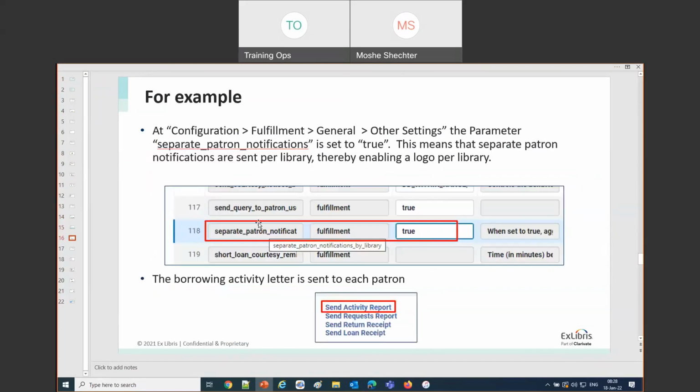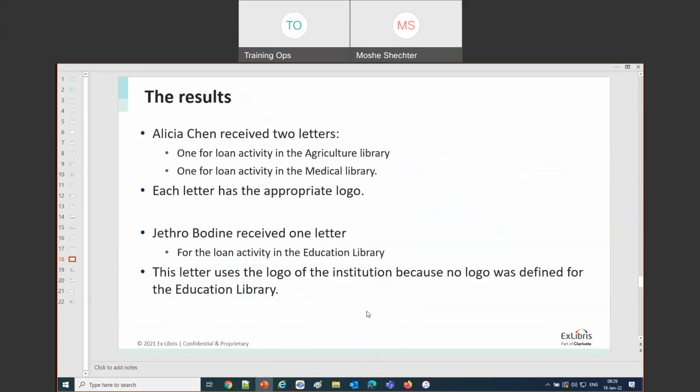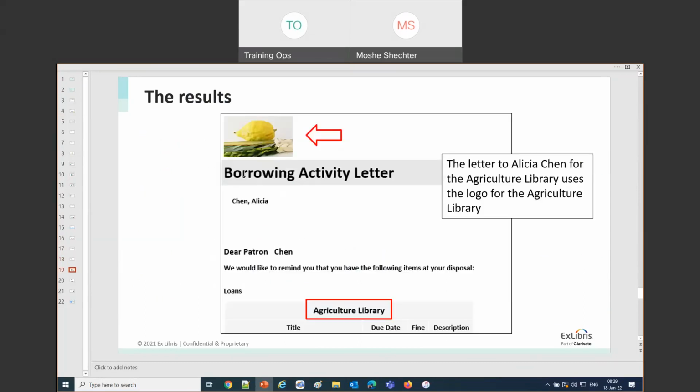after we defined this parameter, separate patron notifications by library, we defined that to true, and then we sent the letter to the people. And we see that Alicia got 2 letters because we're getting separate letters. And the letter she got had a logo on it for each one. And Jethro Bodine got 1 for the education library.